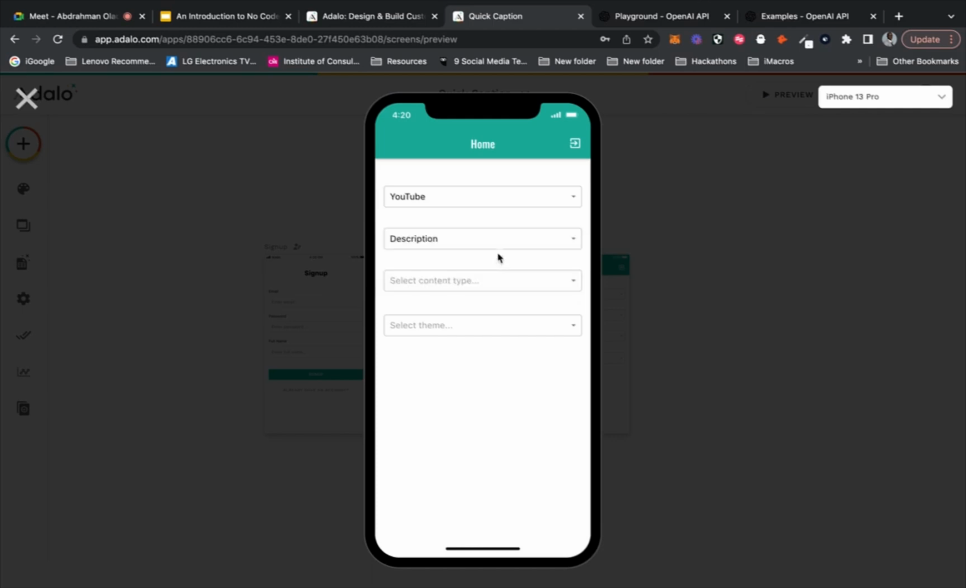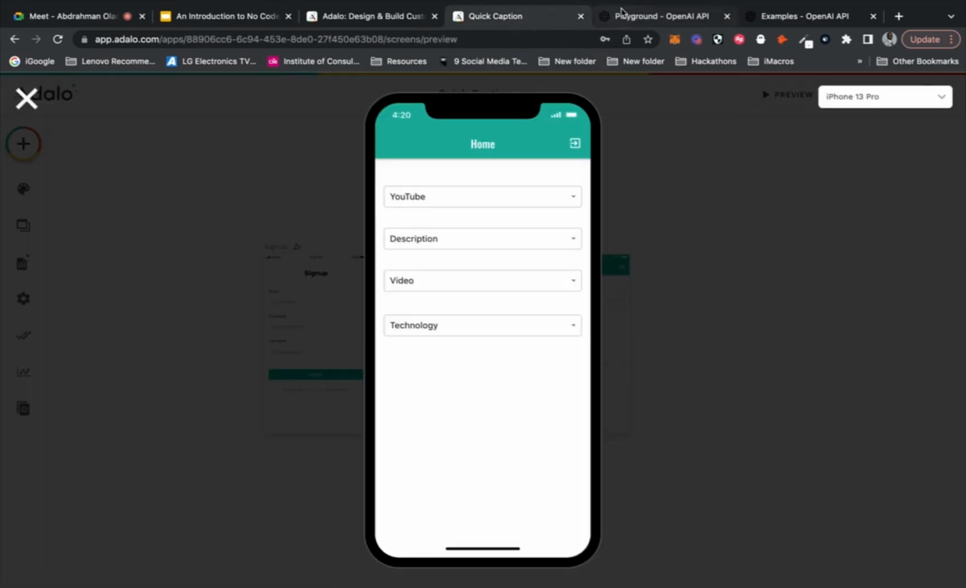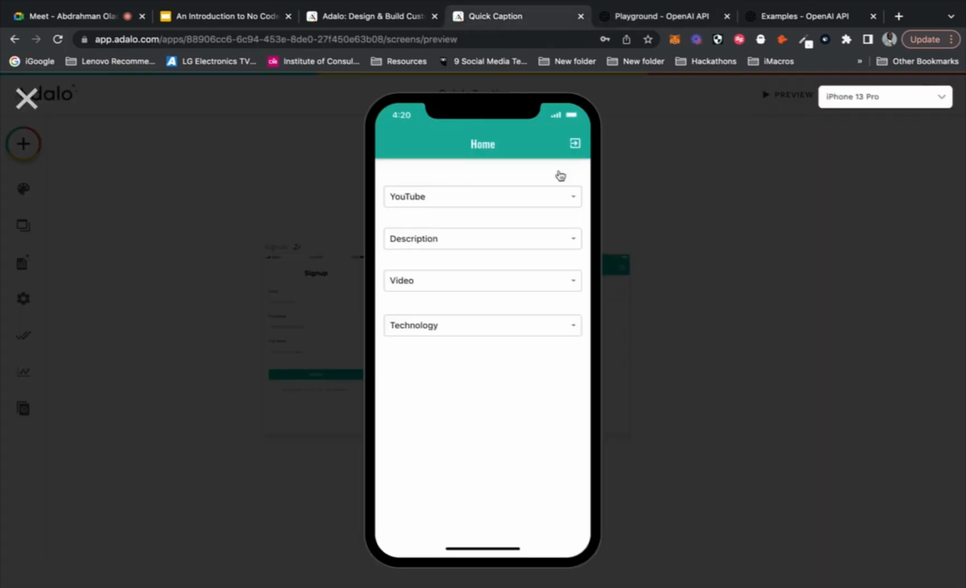So we can select, so this will be a video. Obviously, it's YouTube about technology. So the user is giving us some inputs. We on the back end, when we send our API requests to OpenAI, are going to fill in the gaps. So we're going to say write a, in this case, it's going to be YouTube. So instead of Twitter, it's going to be YouTube. And instead of title and description here, it's going to be just description